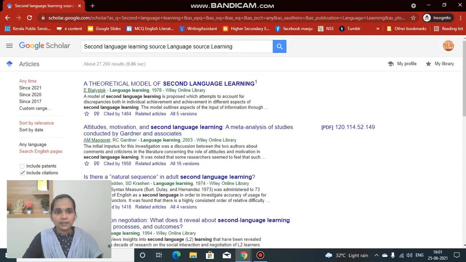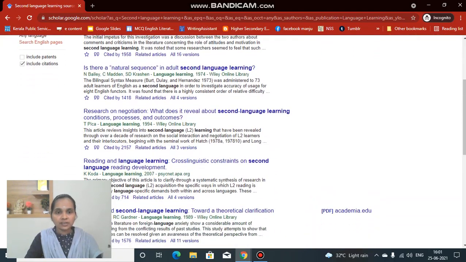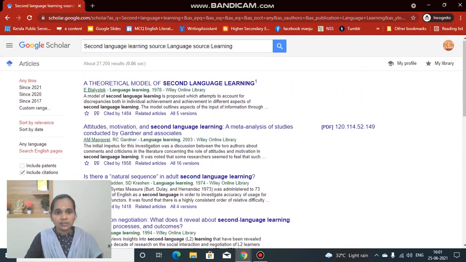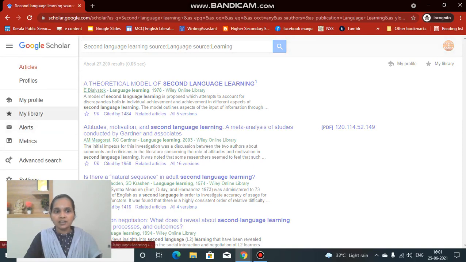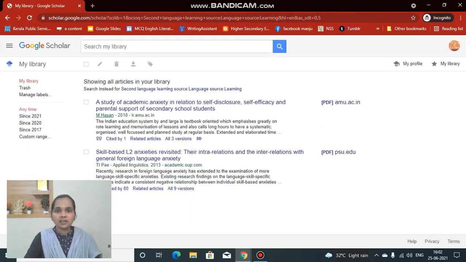So you see, all these articles have been published in the particular journal language learning. You see here language learning. Okay, R.C. Gartner, language learning, like that. All these articles have been published in this top rated journal language learning, and all with second language learning. Like that we can optimize our searches, or we can become more smart in carrying out our searches in this Google Scholar. So it's really easy for us to make use of Google Scholar in our research work, as it gives a direct route towards the keywords and also helps in saving and making easy references from the library, by saving the files that we are in need of.